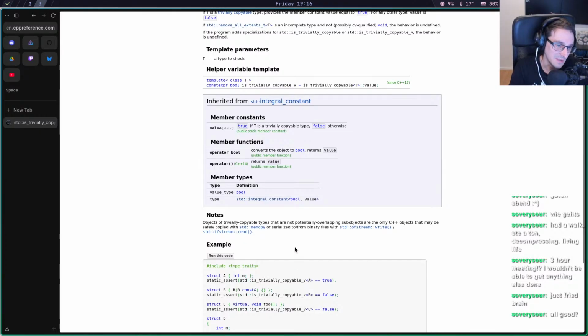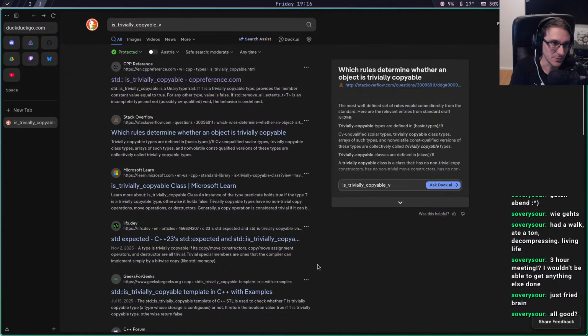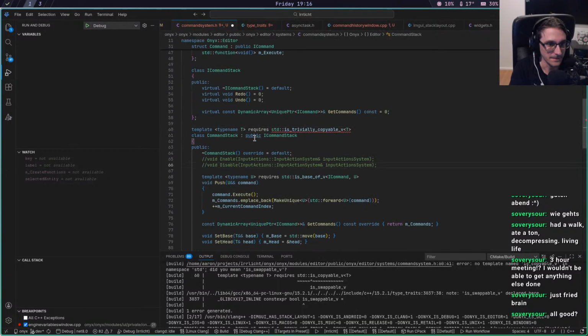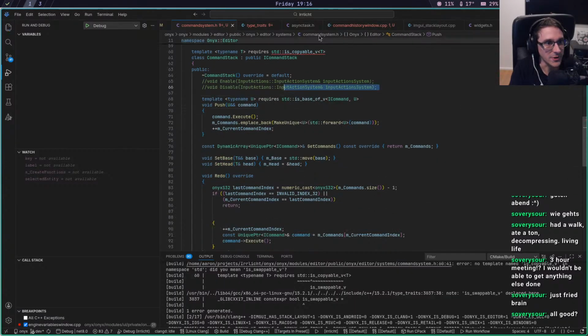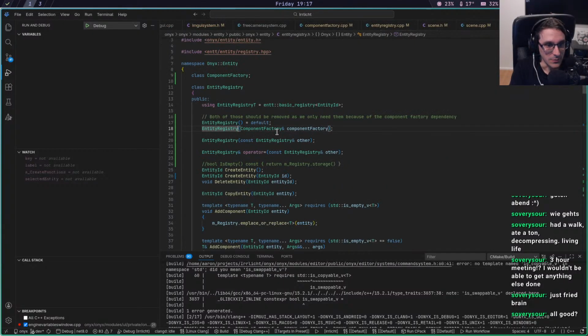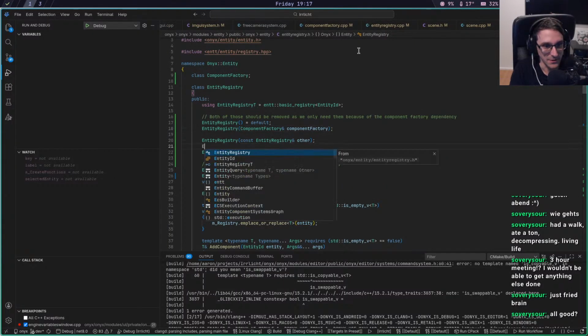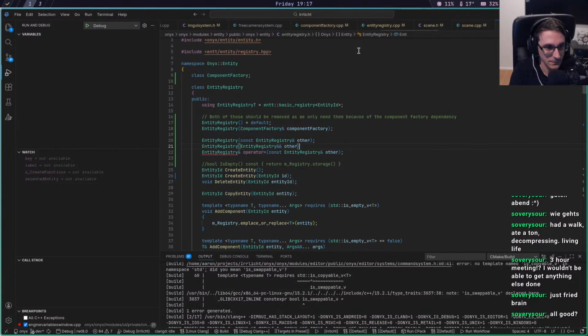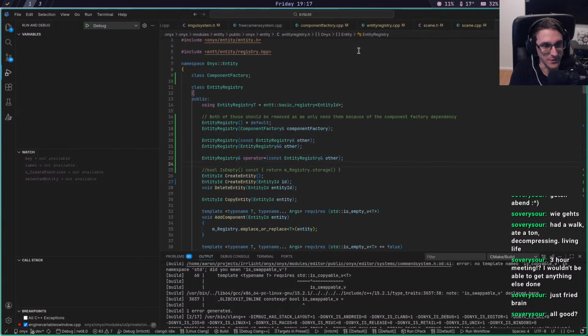Yeah, I guess we are not trivially copyable, so we are just copyable, I guess. Which is fine. But then we need to, of course, in our entity registry as well add the move constructor, I guess. And the move assignment of